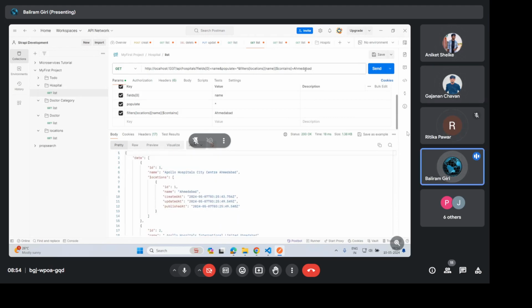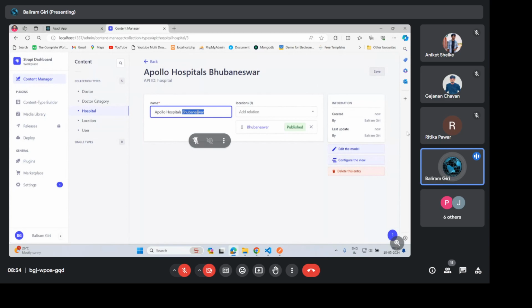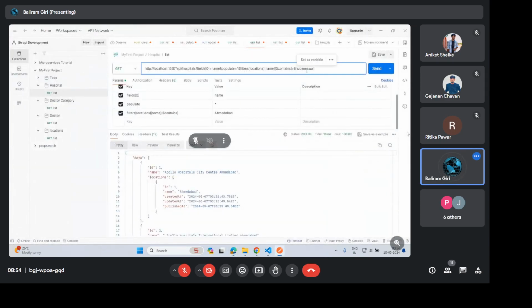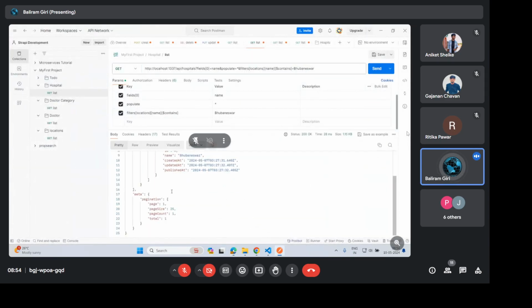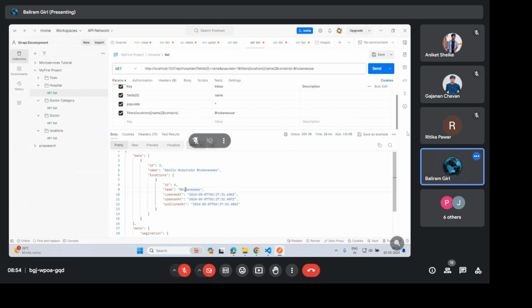सिर्फ अहमदाबाद वाला आ गया है ना, तो भुवनेश्वर वाला अगर मैं यहाँ पे लोकेशन में डालूँ, राइट, तो क्या हो रहा है? Match things are coming. ओके फाइन, चलो।